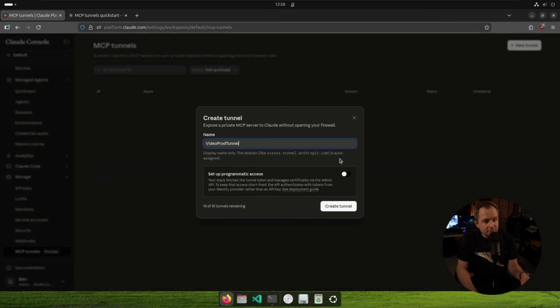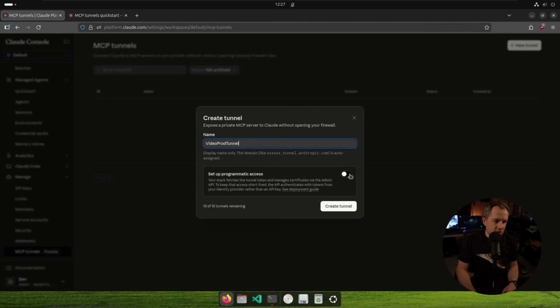I can also optionally set up workload identity federation for programmatic access. This is one of the ways in which you can securely access the tunnel without having to mint API tokens. We actually don't support API tokens. There is a tunnel token that's a little bit different, but this is the secure way. I'm going to do a deep dive maybe later on what workload identity federation actually is, but know that this is something you can also configure here that allows you to take your identity provider's token, for example, if you're using workload identity such as inside a Kubernetes cluster, and exchange that for an Anthropic short-lived token,